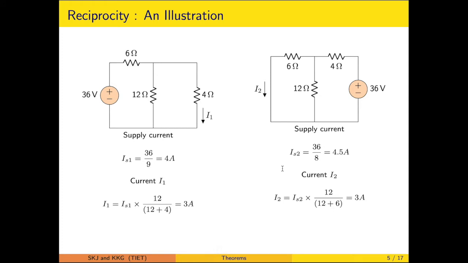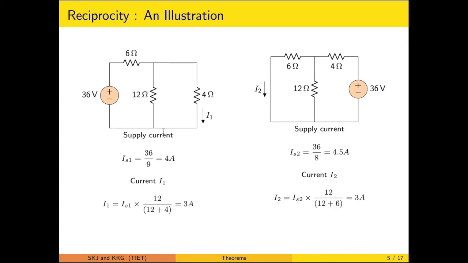So just to have an idea, an illustration, the circuit is considered where this particular is entirely consisting of resistive elements. Here the input, this is the output which is measured. Now in the second diagram we will be simply interchanging the position of this voltage and current likewise. So in this particular case what we will be getting here, the current which is through the supply, that particular will be